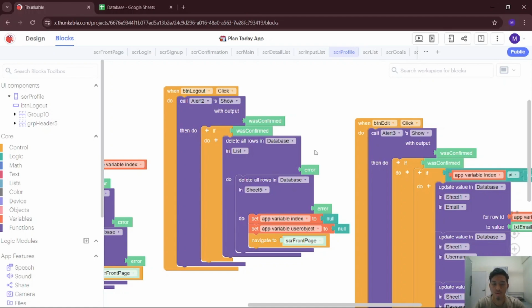So if the user logs out, all the data in the database for the list and goals will be gone,